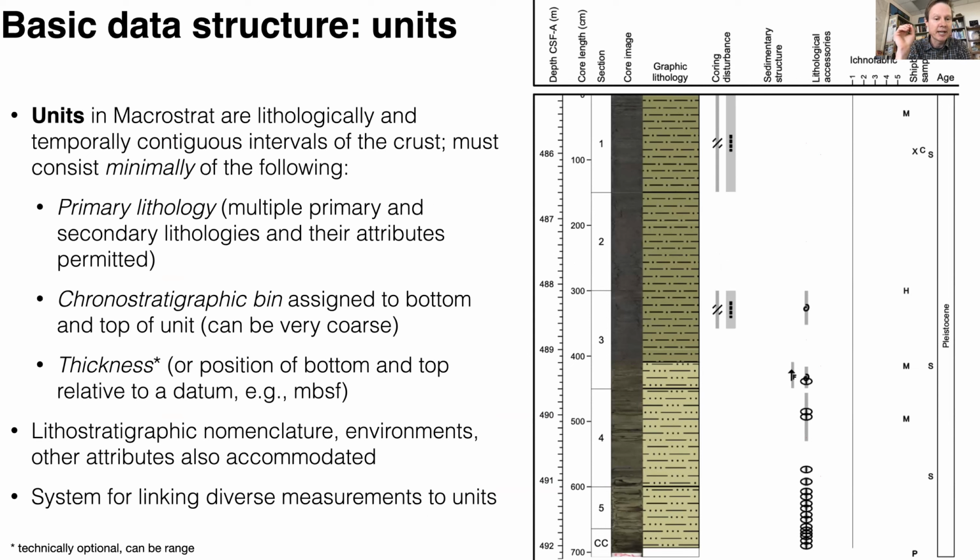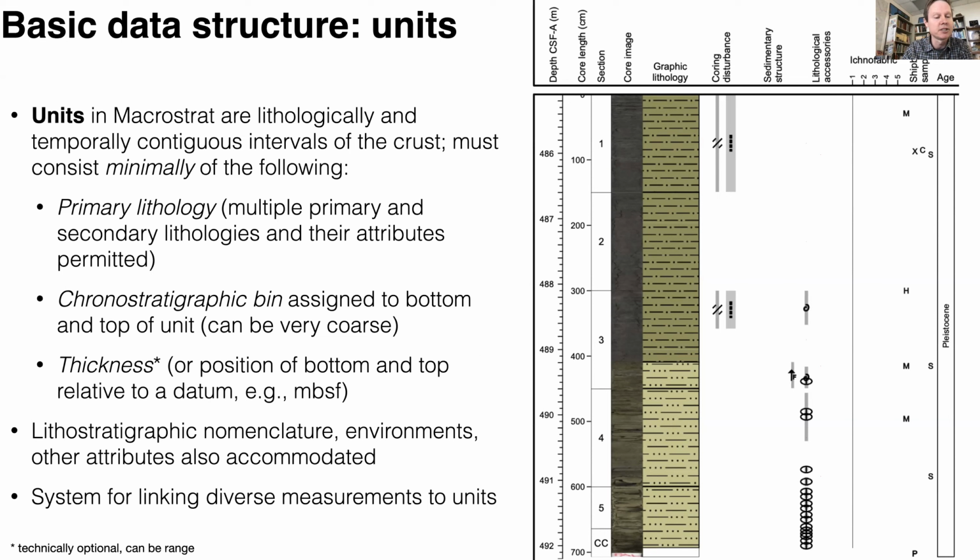It must have a chronostratigraphic bin. "I don't know the age" is not an acceptable answer in Macrostrat, but those bins can be very coarse. For example, Cenozoic would be an appropriate chronostratigraphic bin if the limits of uncertainty on the correlation of that unit are sufficiently large that the best you can say is it's sometime in the Cenozoic, or it might be as precise as NN11 in the Neogene. And we have a good system for managing chronostratigraphic bins, and hundreds of them are arrayed in a separate micro database, basically, that manages